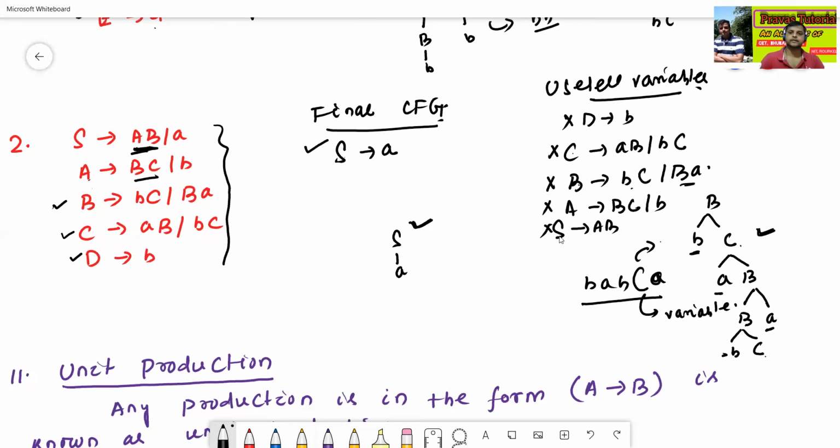All are useless except one production. So these are called the useless variables, and this one is called the final context-free grammar.